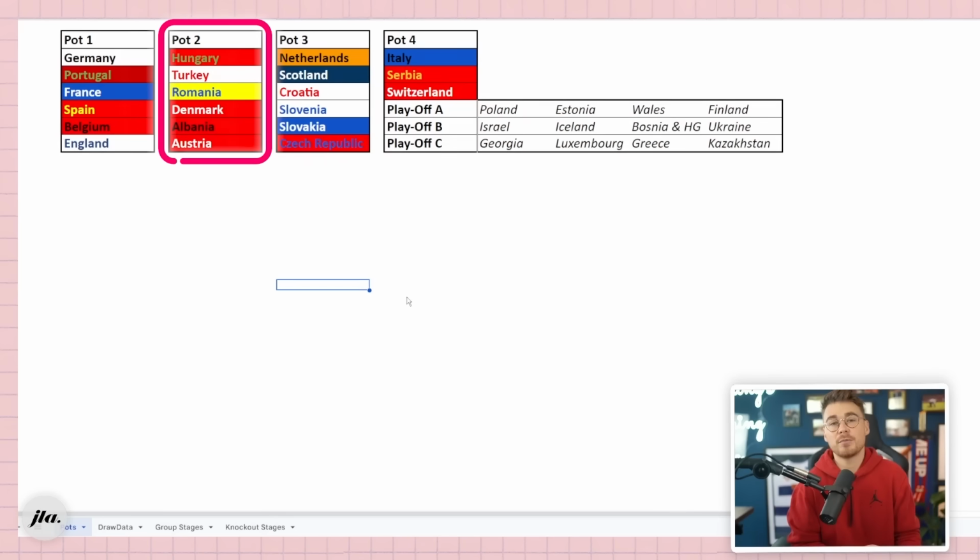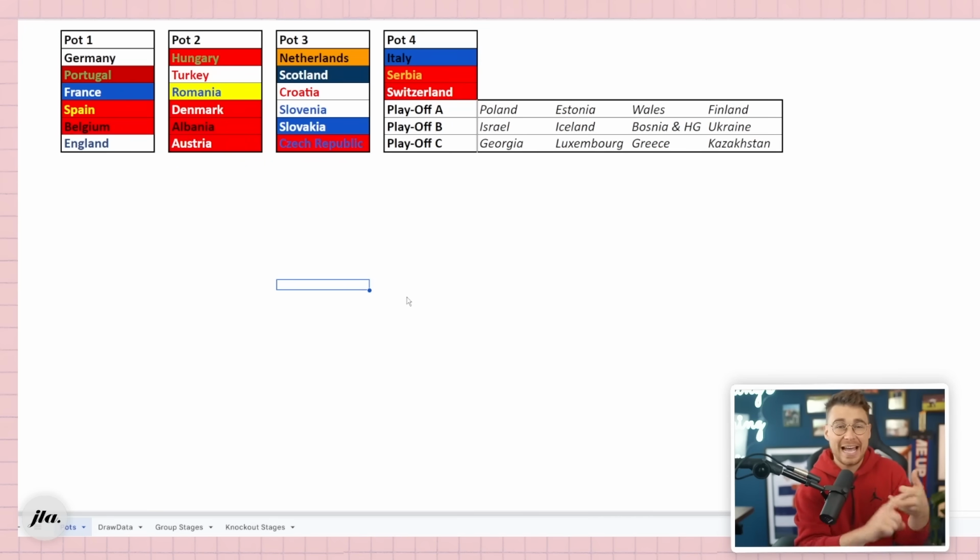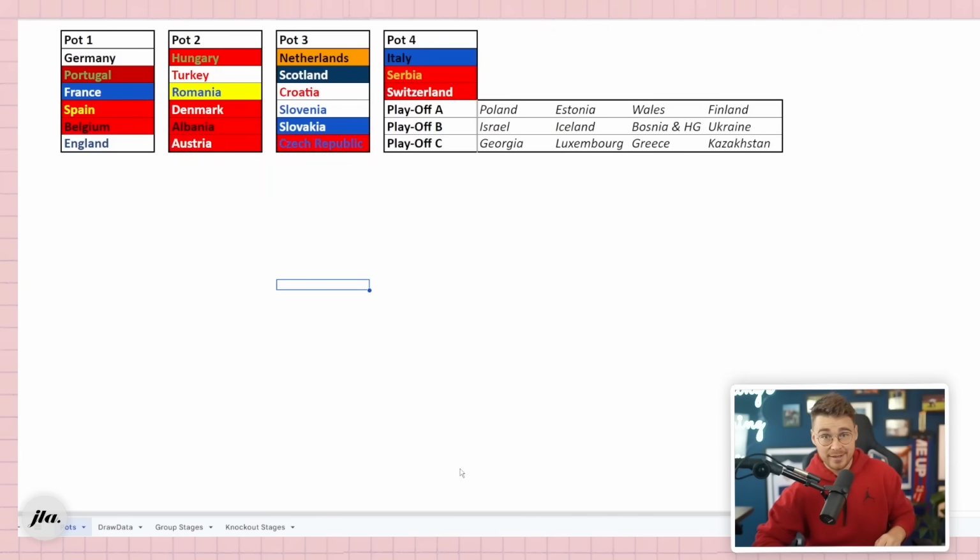Now, Pot 2, let's go to it. Pot 2, for example, features the likes of Albania, Romania, and Hungary, who all had fantastic campaigns and deserve to be in the competition. However, have a look at Pot 3 and Pot 4. You can't see it because it's there. Well, now it's here, okay? Have a look at that. In these pots, there are some absolutely ludicrous sides, with the likes of Netherlands in Pot 3 and Italy in Pot 4. Now, this all points towards one thing, the potential for the best or worst group of death that